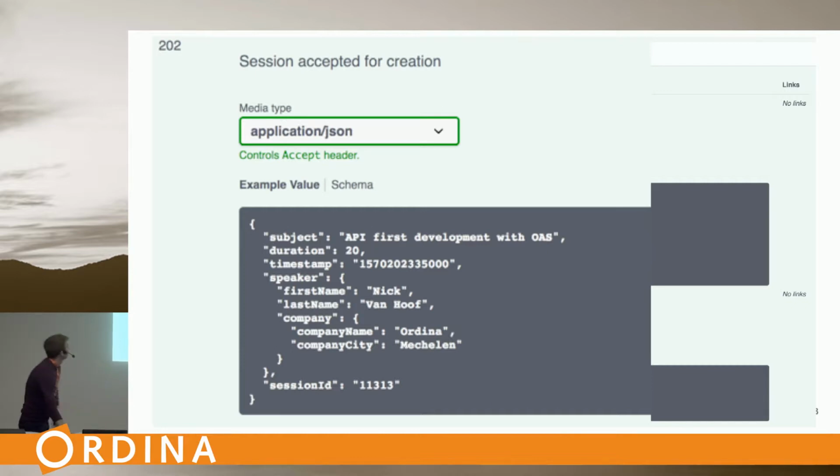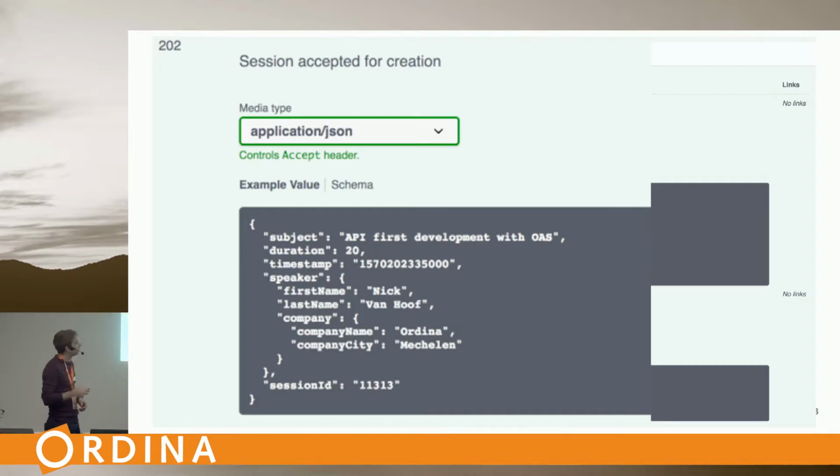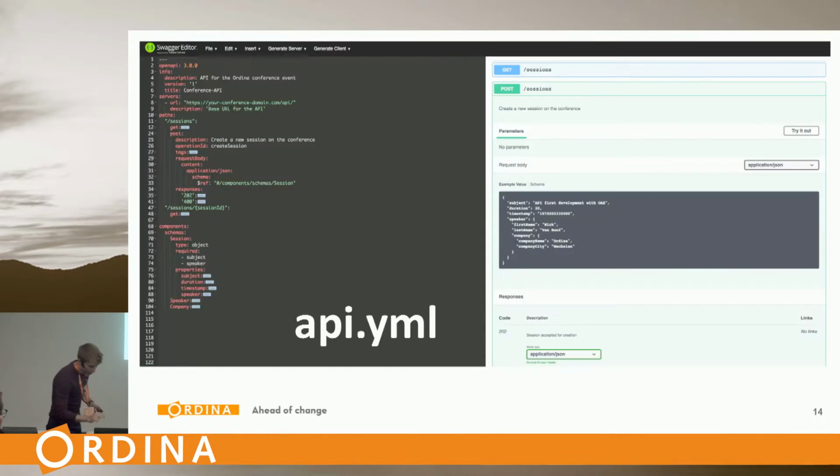Now, what's actually behind all of these? Because the visualization is not coming from nowhere. We have to write it in some way. So behind this is a specification file. It's a YAML file or a JSON file. If you don't know, it looks like this. It's small. I will also zoom in. So there is a file behind this that I wrote where I describe everything, where I describe my endpoints. And based on this file, all of this nice visualization is generated. Typically, we call this file API.yaml, API.json, OpenAPI.yaml. If I zoom in,